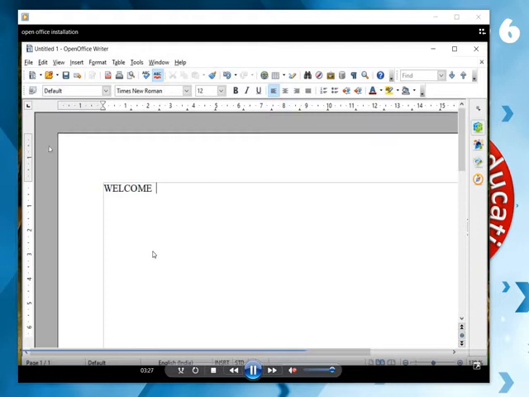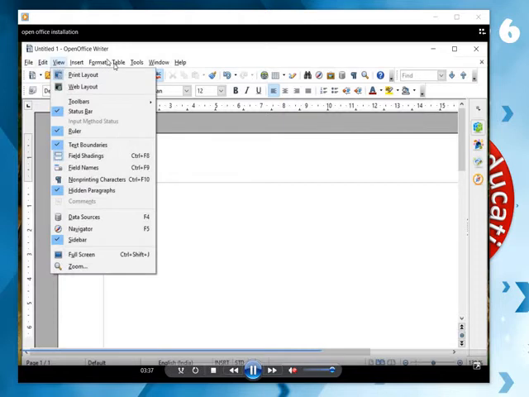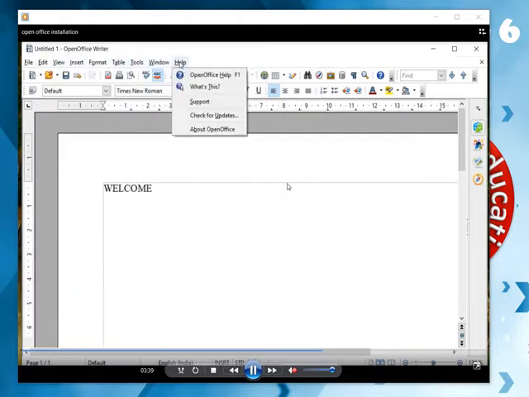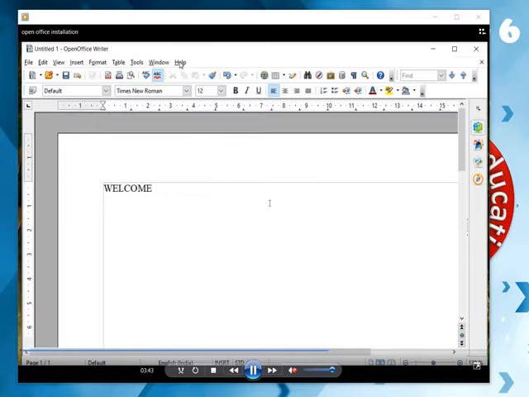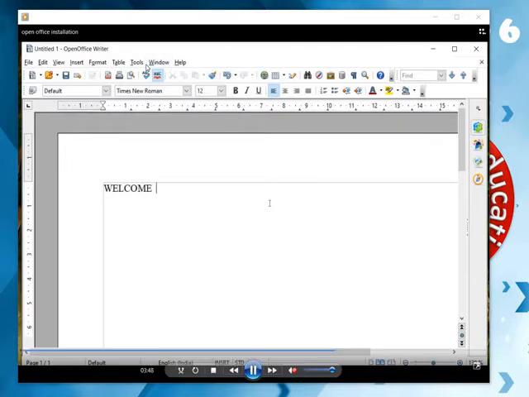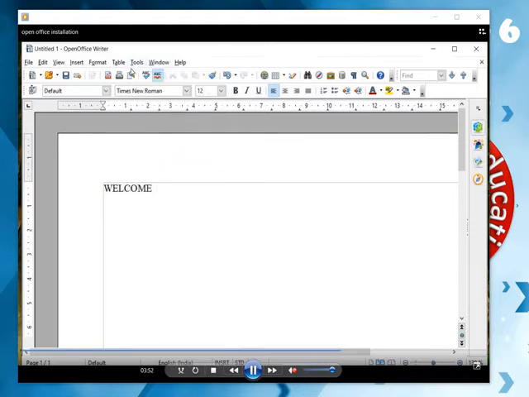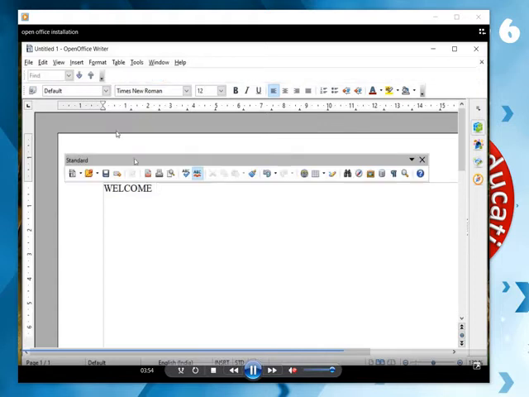This place is called the work space where we are working, and this is the paper edge, and this is the line of margin. So these are all menus which are available in the window, that means the application OpenOffice Writer. We can click, or else we can use the Alt key.